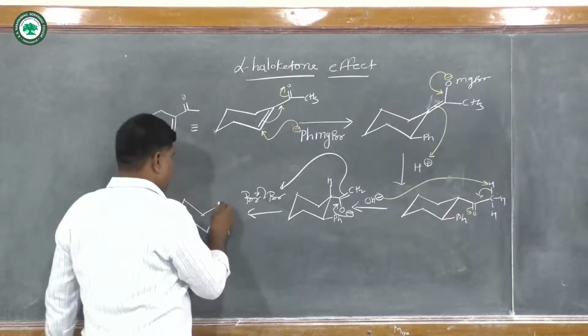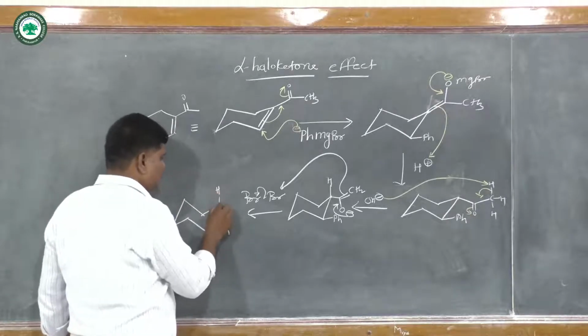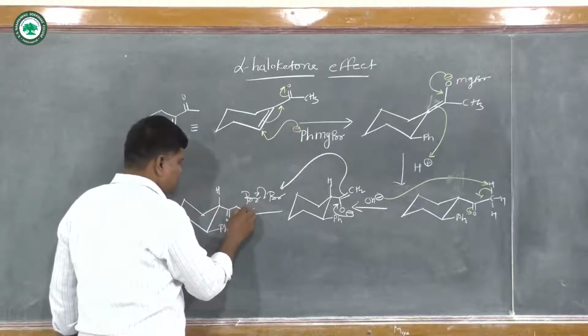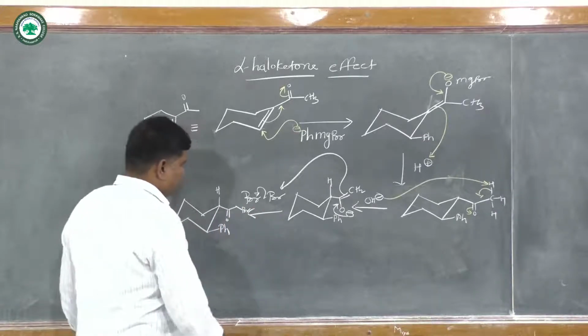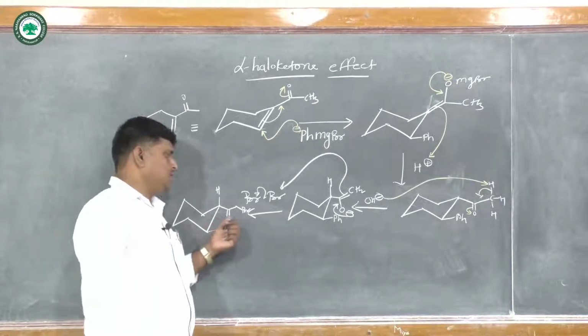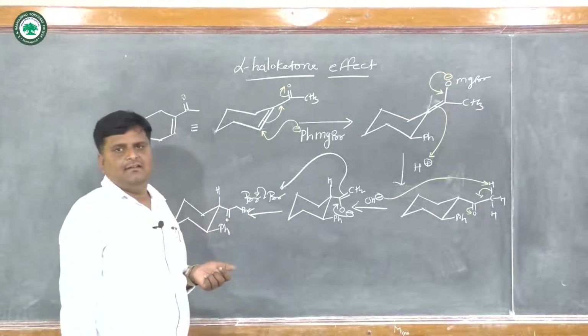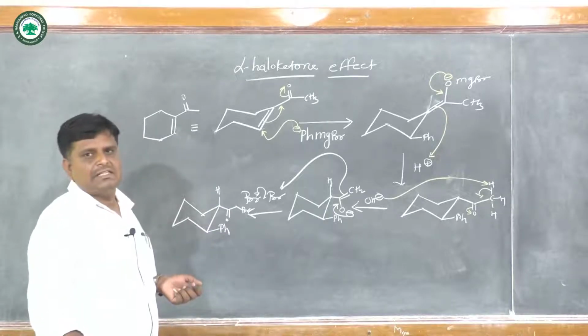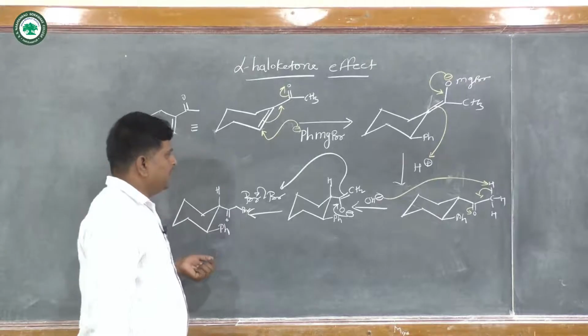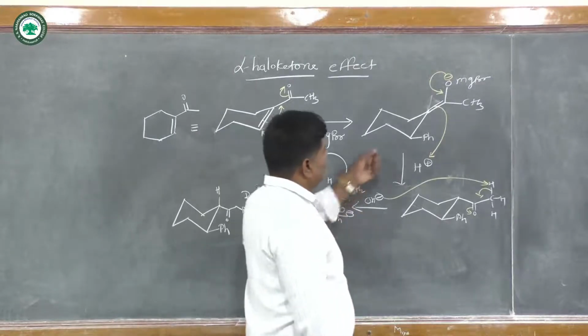Here this is proton, this is carbonyl, this is CH2, and this is bromine. So here we get 1-bromo, 1-acetyl, 2-phenyl cyclohexane is the product, and in this case also we